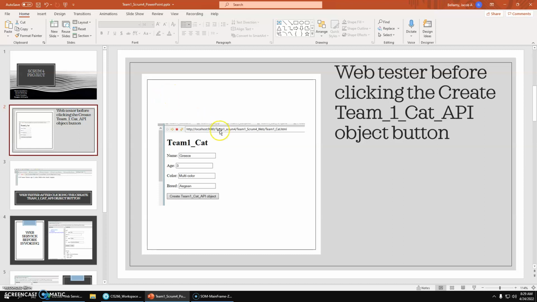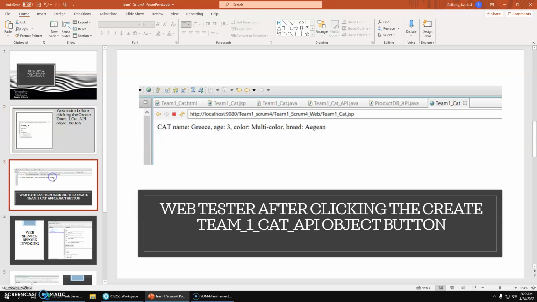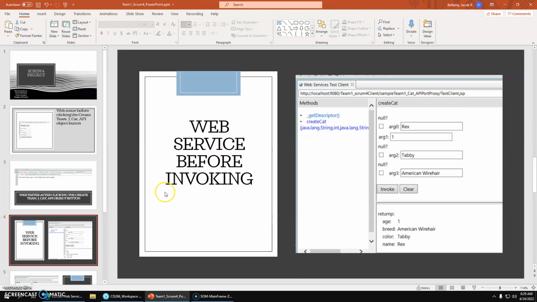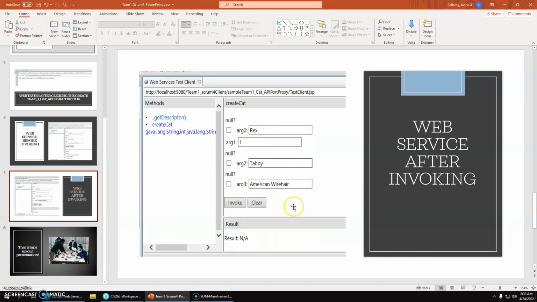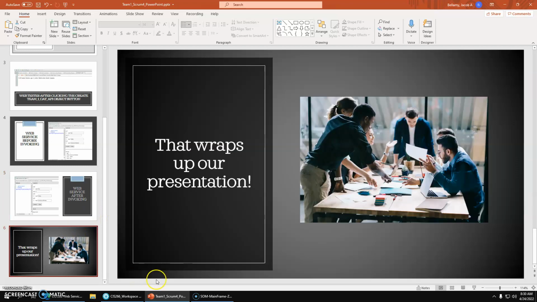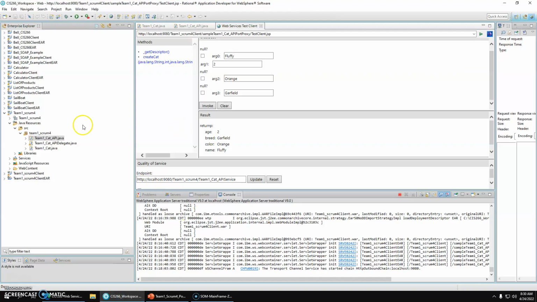So this is our JSP, where we put in the information for the type of cat. So we have Greece, age of 3. It's a multicolored, and it's an Aegon. I'm not sure if that's right. Then when you click the create object button, it submits the object. And then the same for the web service. We put in the information, Rex1 tabby, and it's an American wirehair, and we get the output. That's about all that the presentation showcases, but we can go to the source code now and see